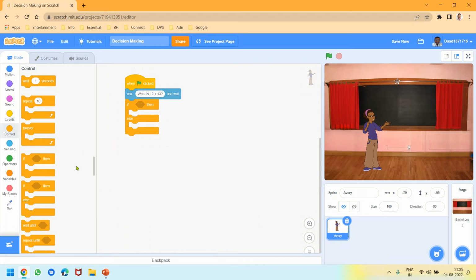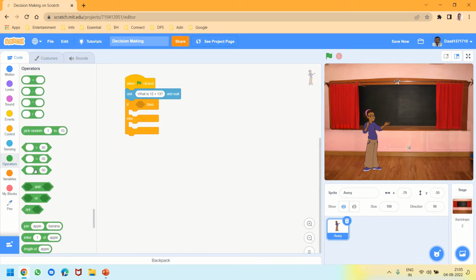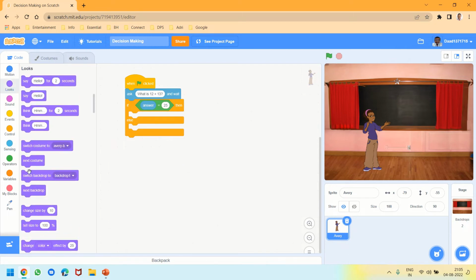Okay, next we will take the operator and we will take the equal to option. And from the sensing block I will take answer and put it here. Now 12 plus 13 is 25, so if answer is equal to 25, then from looks it will say